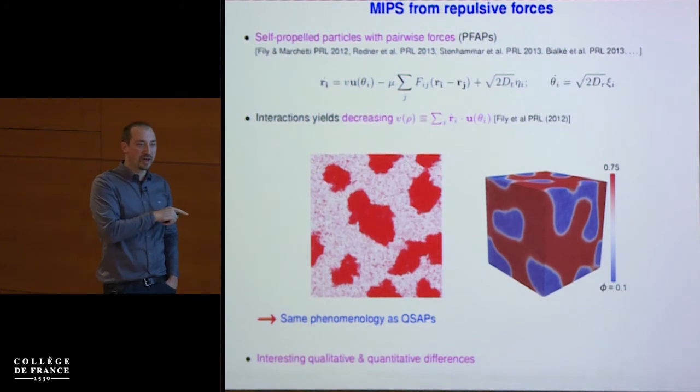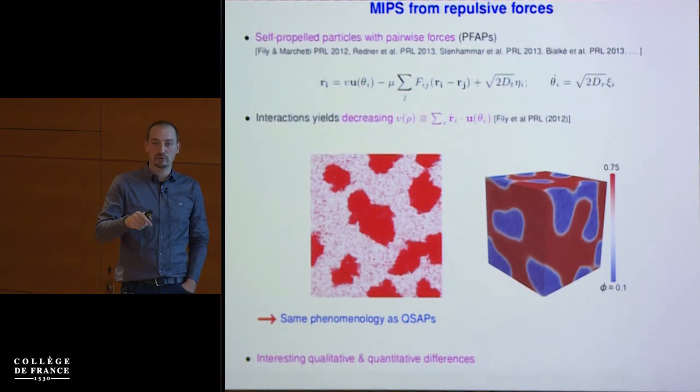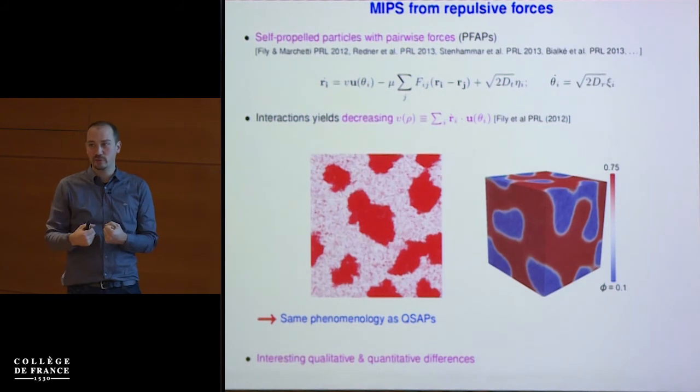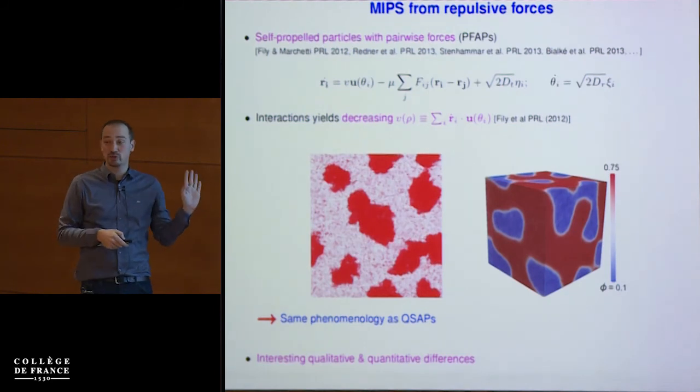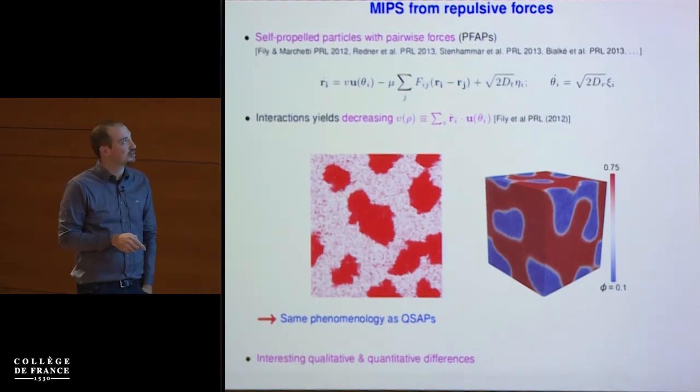And there we can go back to what I was telling you at the beginning: if I ask you to guess what type of interactions you would have chosen to create a liquid-gas phase separation in active particles, you would have said attractive forces, but strong enough that they overcome self-propulsion, really strong. And what this tells you is that actually it's much simpler to just use hardcore, because repulsive forces will be sufficient, and you'll get phase separation. And I don't think that this is something that's easy to guess.